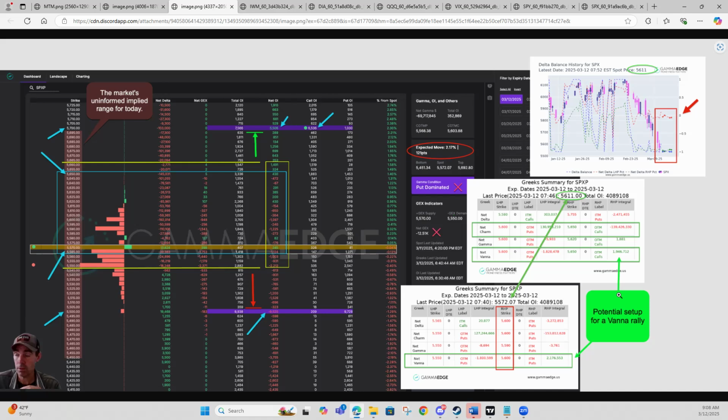Understanding we're still fairly put dominated in the overall structure, it could be difficult to move to the upside depending on how speculators are positioning. So we'll be watching the net stack command, which really gives you a great overall view of the highest sensitivity strikes at the moment, and understanding where those sensitivities can occur if spot price moves through them. We always discuss that moneyness matters, so moving from in the money to out of the money, or out of the money into the money, affects the overall price movement. So for today, those levels are laid out at 5650 to the upside, 5600, and then to the downside,